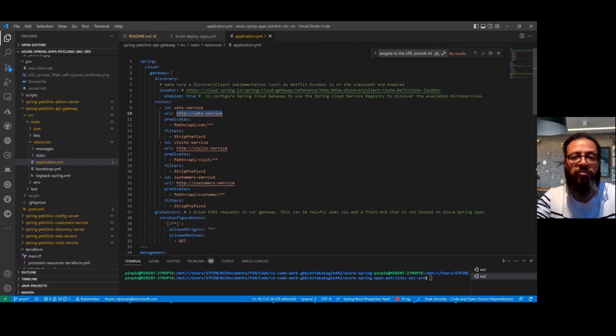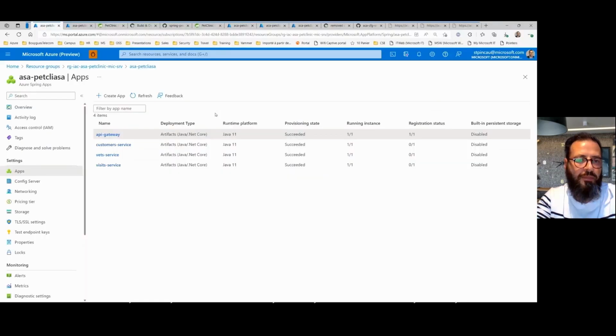It uses again the Spring Cloud gateway. And basically each time I call /API/mybackend, the traffic will be routed to the correct backend. And this time, I set, for instance, for that service to call http://that service. Why? This is because that service is exactly the name of my app, which is declared here in Azure Spring Apps.